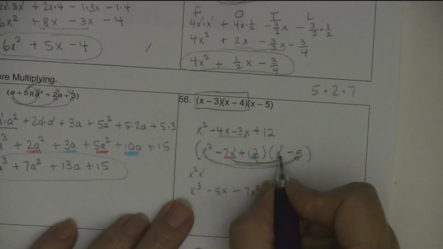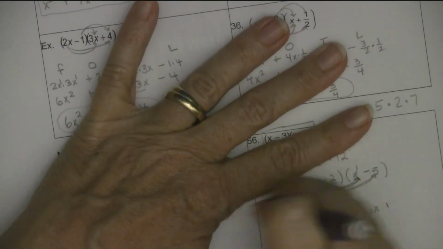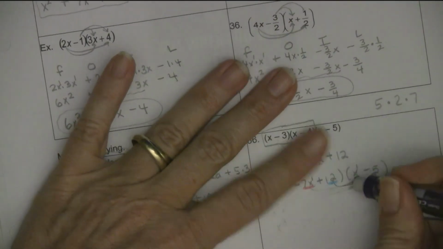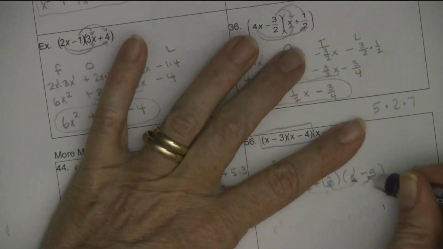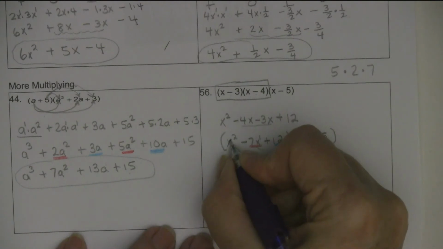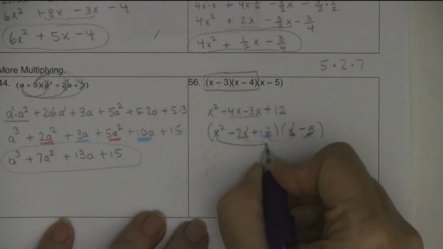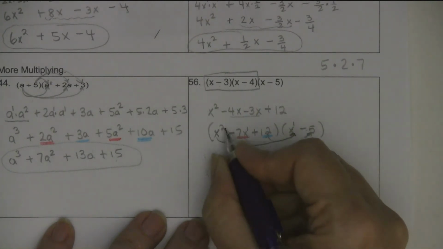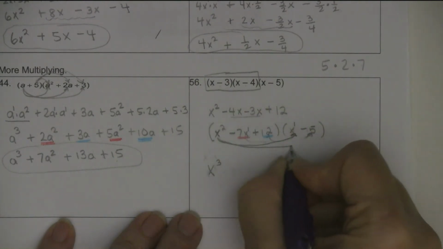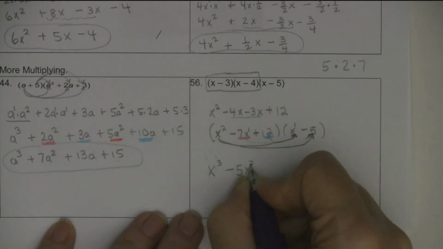Here I made a boo-boo, didn't I? Let me start again. Did you ever make a boo-boo before? I was thinking to myself, I thought that should be x squared, and then I didn't have it though, and I don't know why I didn't. It was a carryover error. So I multiplied these together and I added the exponents. I got x cubed. I multiplied these together, and for whatever reason, I got a boo-boo and avoided the boo-boo